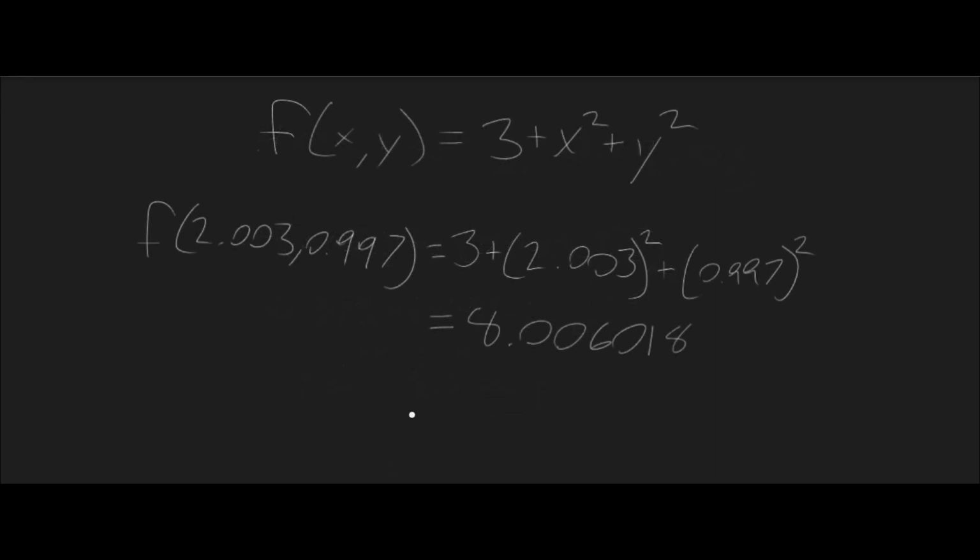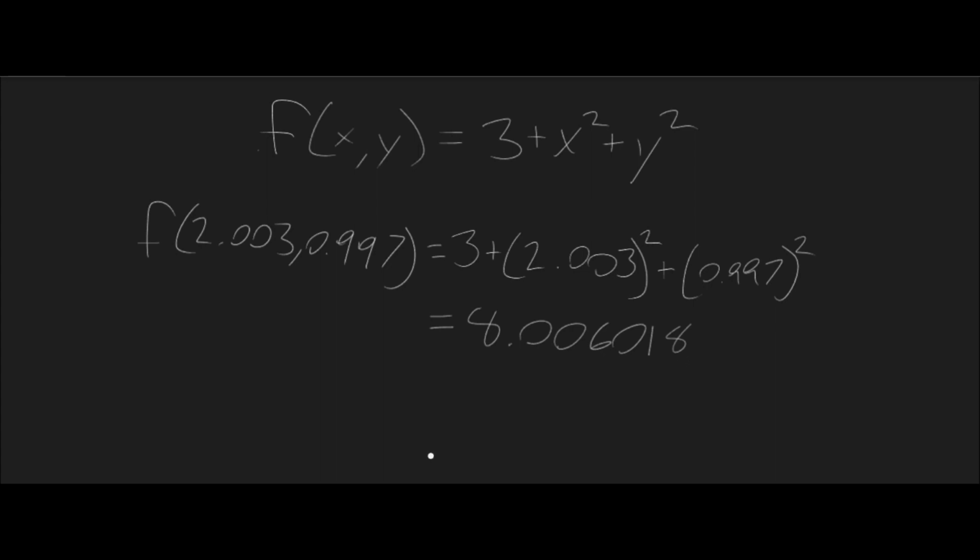We can also compare this value to the actual value of the function of the surface at that point. So let's go ahead and plug in the point to find the actual value of the surface at (2.003, 0.997). So the function f(x, y) is 3 + x² + y², and we're going to plug in this point, and we're going to swap it out for x and y. So we have 3 + 2.003² + 0.997². And when you put it into the calculator, or you calculate it, you get